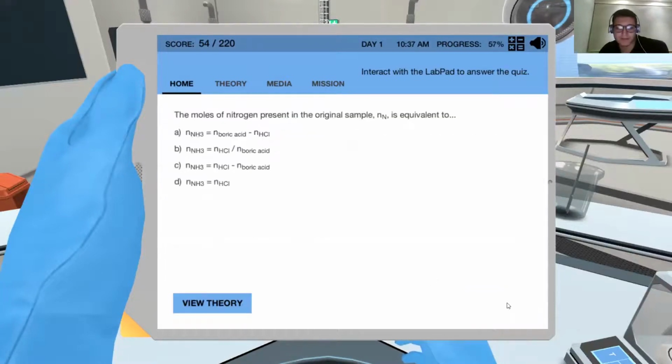The moles of nitrogen present in the original sample, NN, is equivalent to